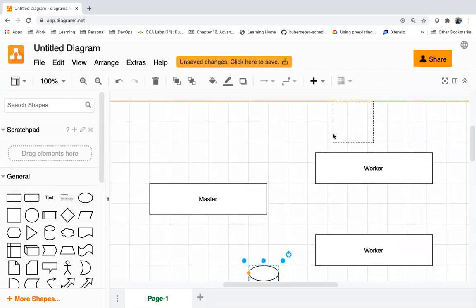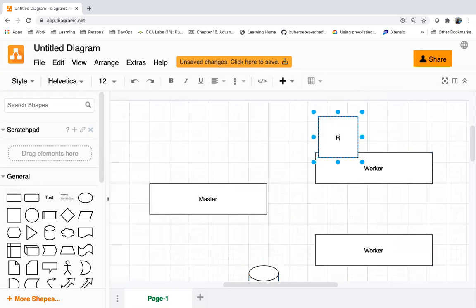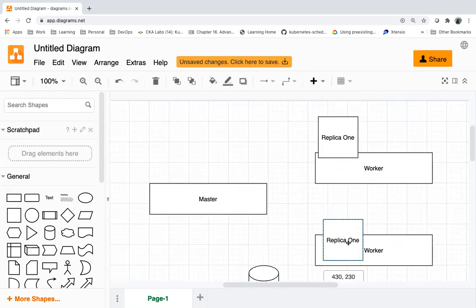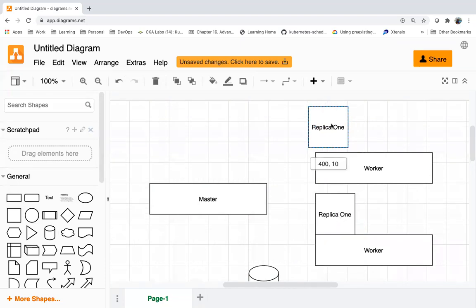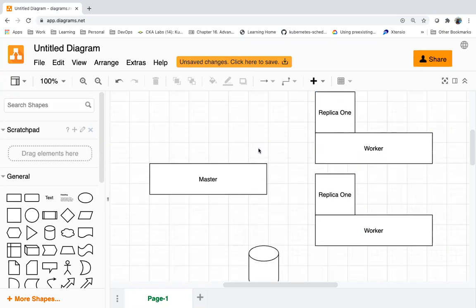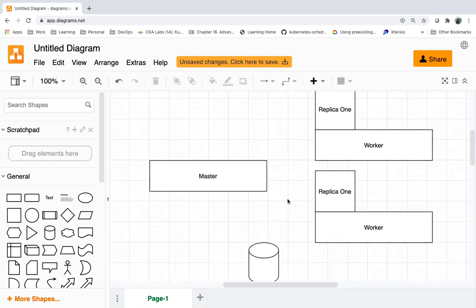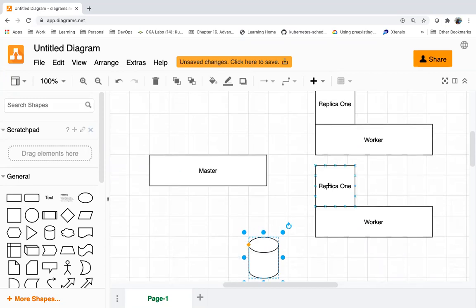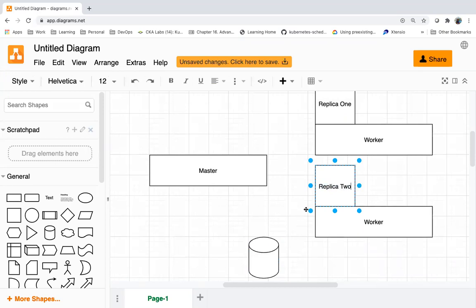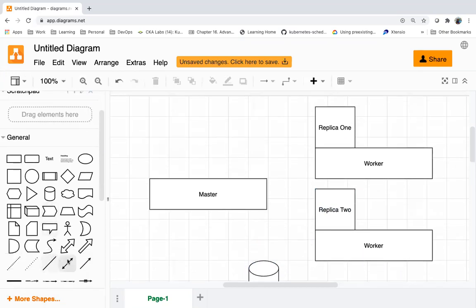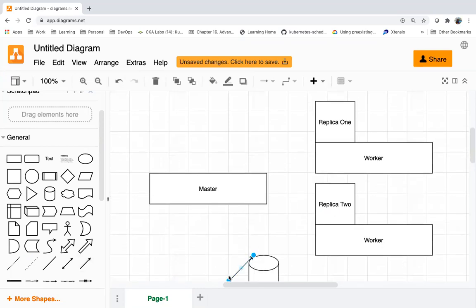For the deployment, if you have 2 replicas, this is replica 1 and this replica 2. In your pod manifest, if you mention this volume and mount it with the pod, all the pods will be using the same volume in case of deployment. This pod will be mounted with the same volume, and this pod also will be mounted with the same, in case of deployment.